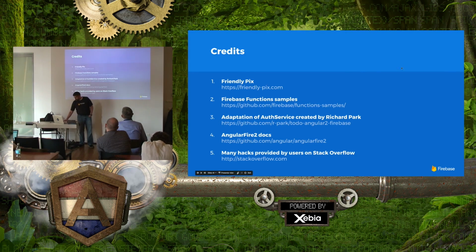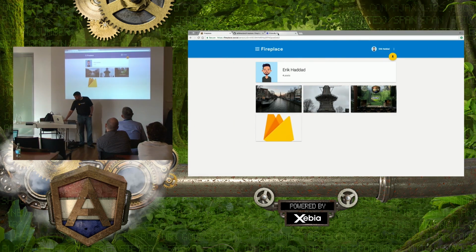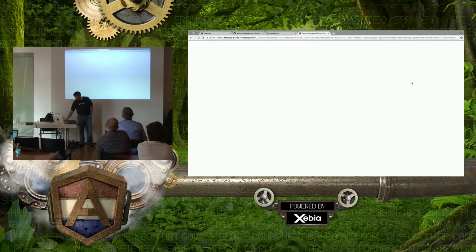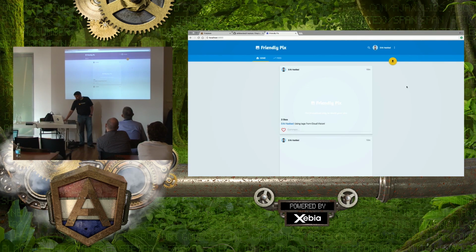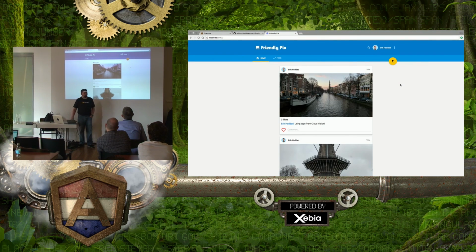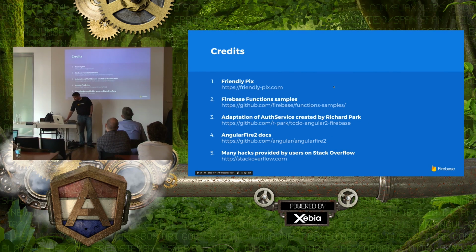And credits, I want to also say that I used FriendlyPix as my basis here. Let me show you. So FriendlyPix is a sample app put out by Firebase, and it's backward compatible. So I made sure that this jQuery-based app that's been out there for 3 years is backward compatible. Function samples, as I mentioned, auth, and